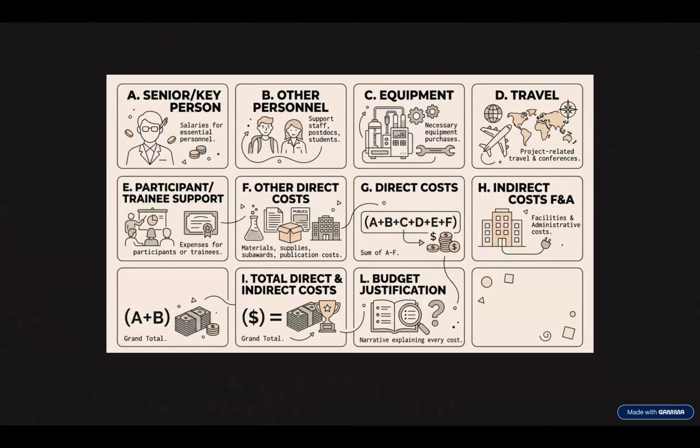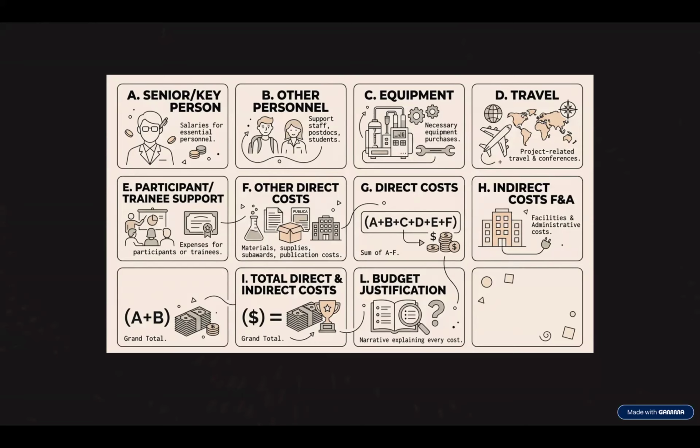It's important to ensure you use an Excel sheet. Like I said, in the Excel sheet you put salary, PI, then the other personnel, equipment, travels, you just put from column A to column B, add up, you get your direct. Your indirect depends on the percentage. If it's 7.5, you do 7.5% of the total budget that was given in the FOA. Then you add it up with your direct cost